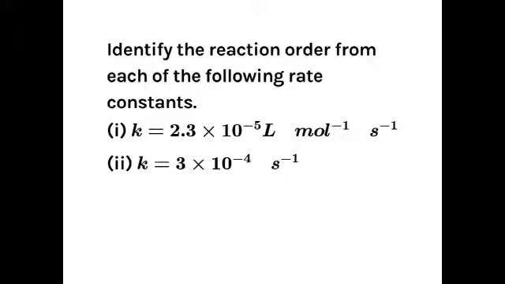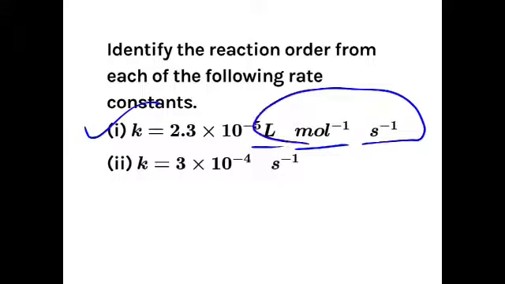So we'll work out a few problems. Here I have taken two rate constant values. You need to identify the order of the reaction for these rate constants. The first one is liter, mole inverse and second inverse. If you remember, we got this unit for the last case, so that was a second order reaction. So your answer is 2. The order of the reaction is 2. Now see the second one. In the second one, the unit is second inverse. Second inverse we got for the second case, if you remember, for the first order reaction. So the answer for this is first order reaction.